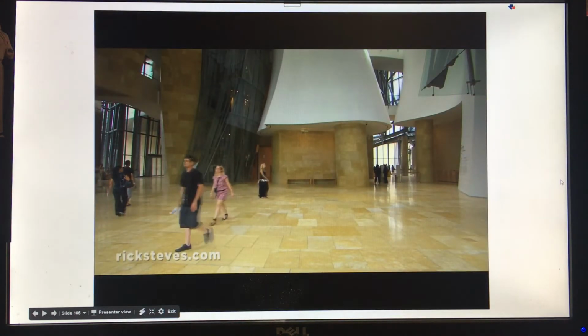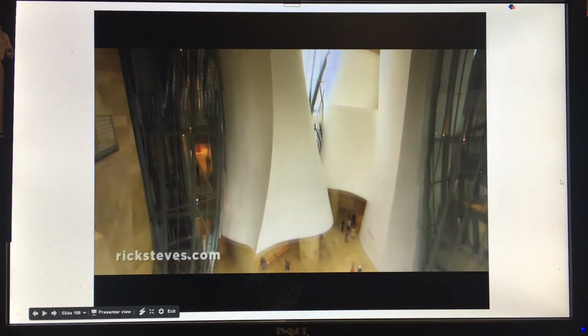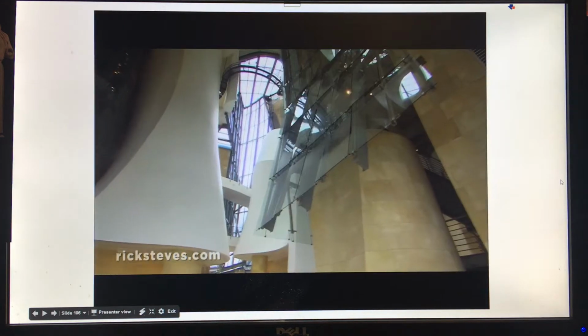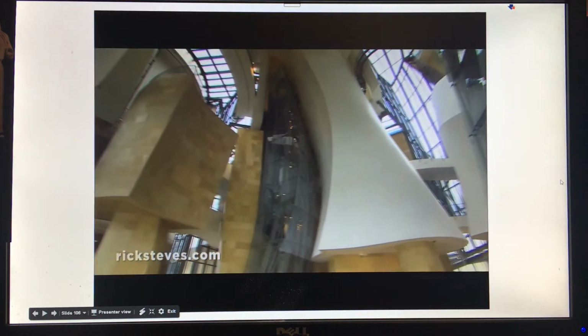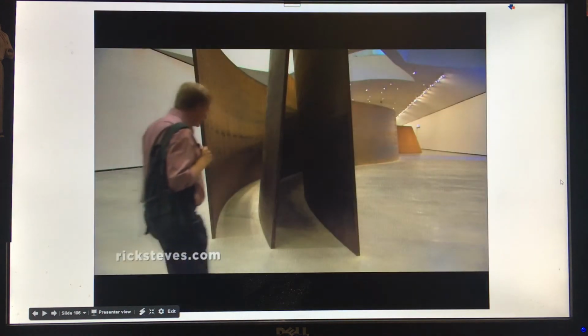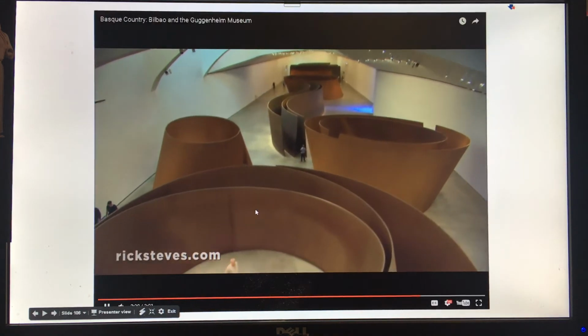Stepping inside, you naturally flow to the museum's atrium, which acts as the heart of the building, pumping visitors in and out of various rooms on 3 levels. The glass and limestone panels overlap each other like fish scales. Each is unique, designed by a computer. Joyful as the building is, the art it holds is even more fun. While the museum's audio guides give meaning to the abstract art, my hunch is that the artist...